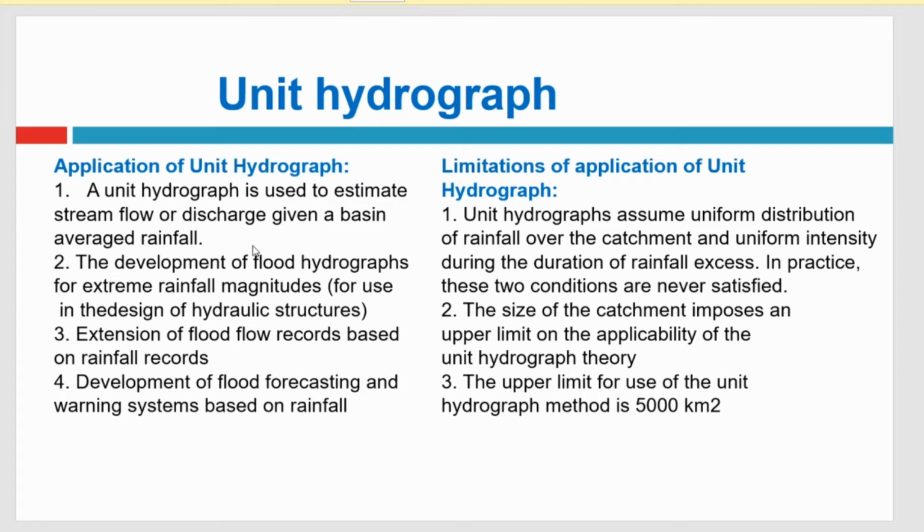For example, the rainfall might have happened for 2 hours, 4 hours, 6 hours, 8 hours, 10 hours or anything like that. So this is the duration of rainfall. Usually the rainfall will happen over hours or minutes, so it doesn't have any certainty. The rainfall is not certain with respect to its precipitation. The rainfall is also not evenly distributed over the spatial area. So we need to understand where this can be applied.